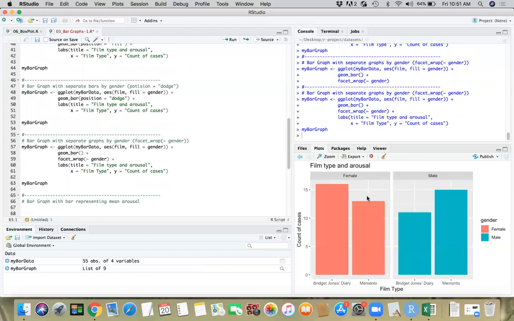So you see that we are creating two separate graphs. One is for the female and one is for the male. Okay, and you can do the comparative statistics that way as well. And obviously when you have separate charts for male and female, you don't need this legend here, so you can